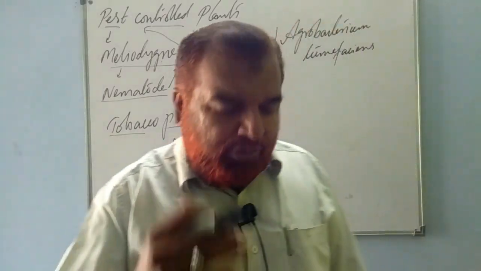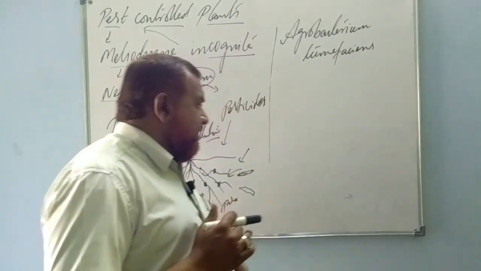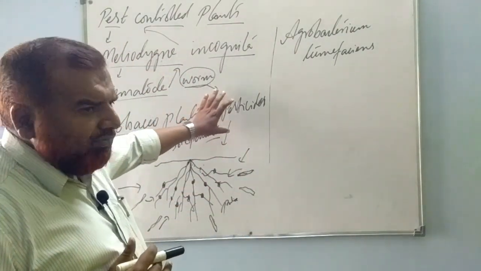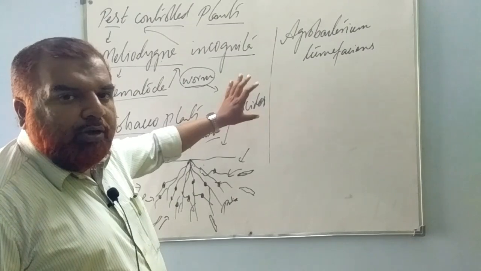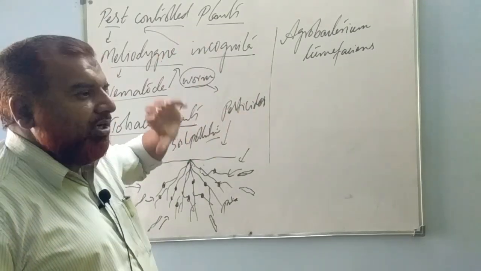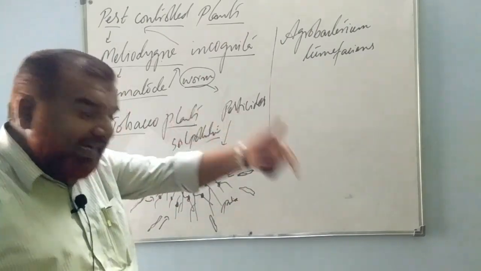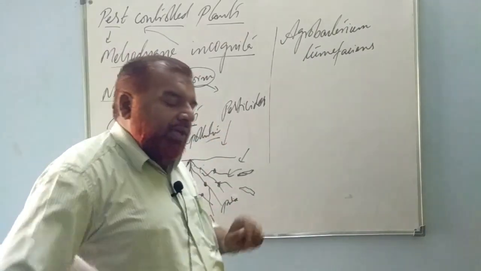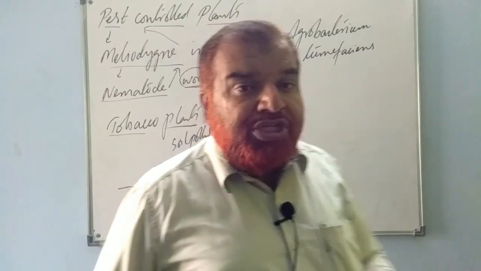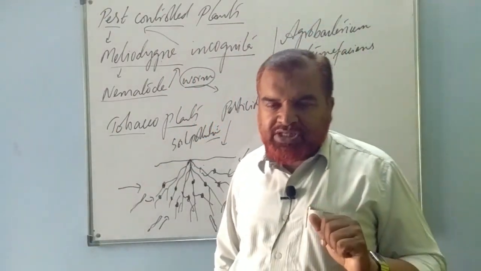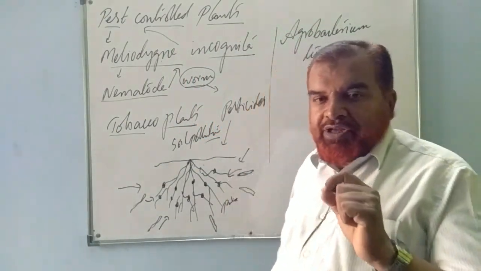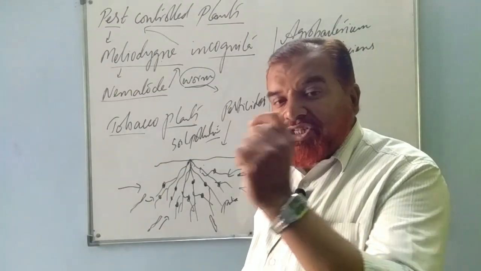Because of this, to overcome this problem without chemicals, without pesticides, what scientists, biologists, biotechnologists thought is to overcome this problem from the genetic level. In your molecular biology chapter, you have studied protein synthesis. Fine. So for the synthesis of every protein, one gene is responsible.